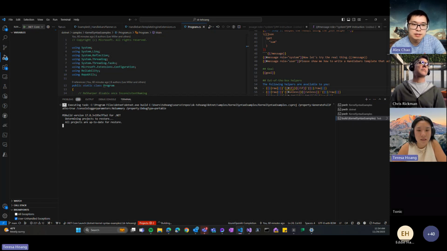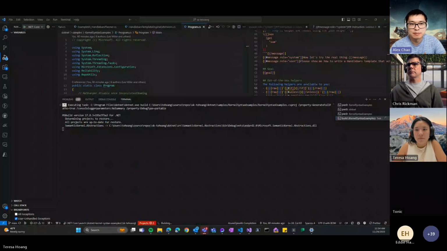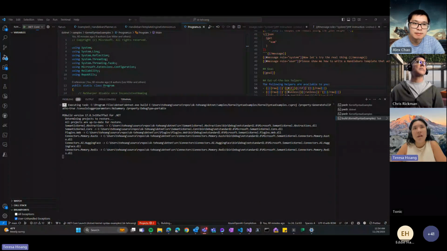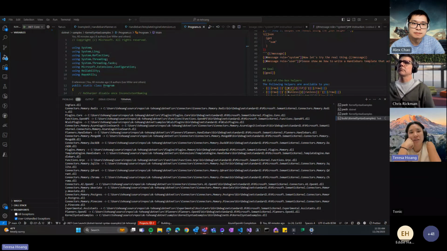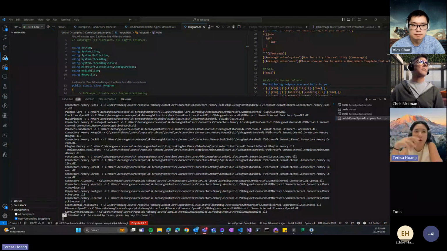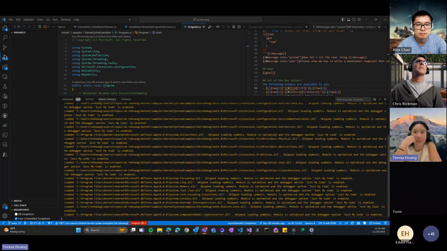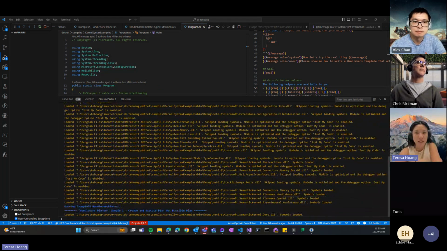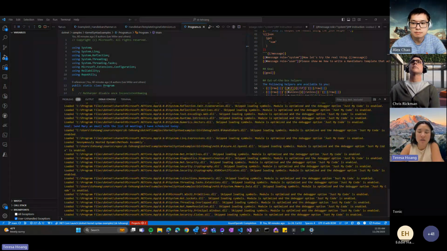While we're waiting for this, Teresa, could you maybe share anecdotally how much better it is? Maybe some metrics or things compared to previous planners? Yeah, so I don't have quantitative metrics for the previous planners. When we built some integration tests that we were running, the more plugins and functions that we fed into the kernel as available functions, it started to fail almost immediately, in pretty low numbers of plugins. So that's why we decided to start rebuilding the planners.